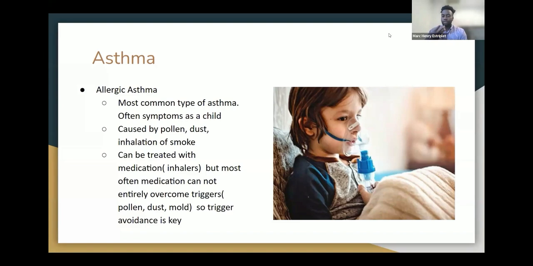triggers. Even if you're on medication that you're managing decently well, if you get exposed to whatever your trigger is, and for some people it's cold, but in terms of the allergic asthma space, for some people it's dust or mold, the medication alone is going to be very difficult to overcome that trigger. And so it's going to be very important to rely on and lean on prevention and preventing contact with that